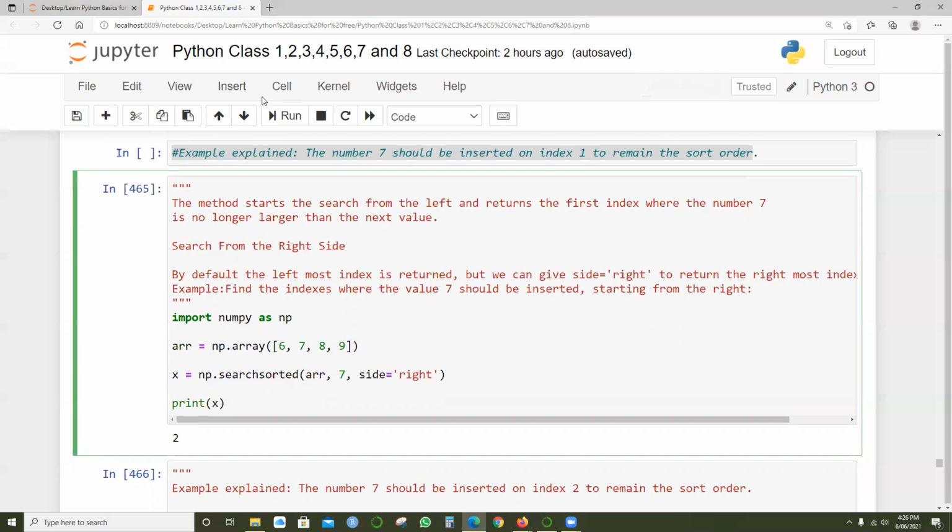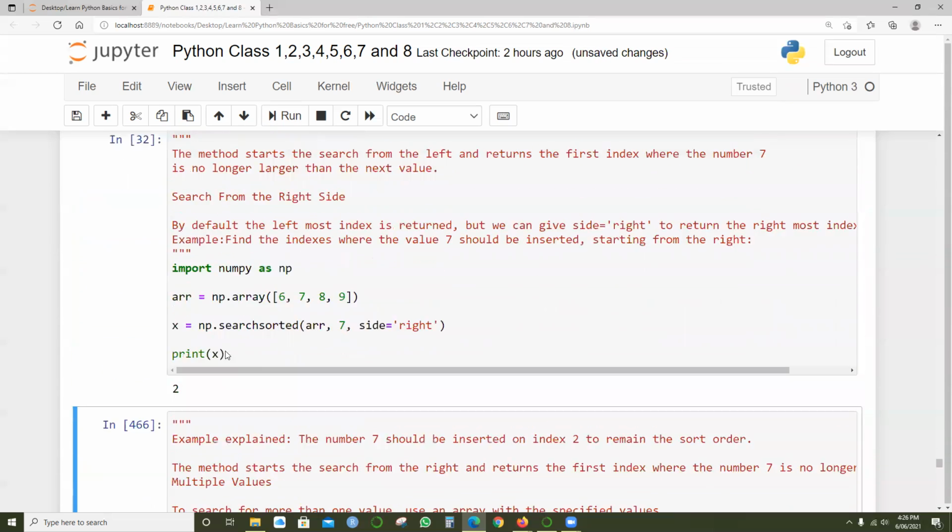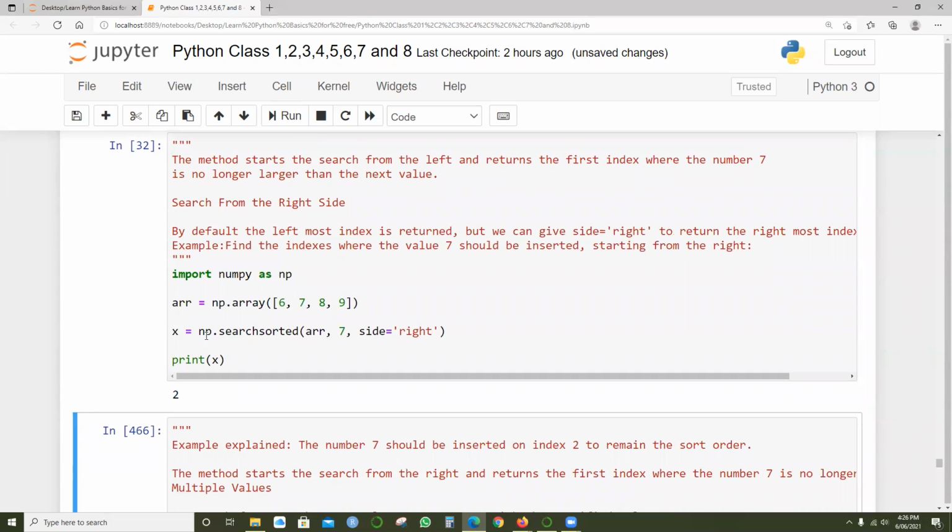So why did I get the value 2 over here? This time I am saying x equals np dot searchsorted array comma 7, side right. The meaning of side right is: this is the 0th index, first index, second index. From the right side, move in this direction: 0, 1, 2.